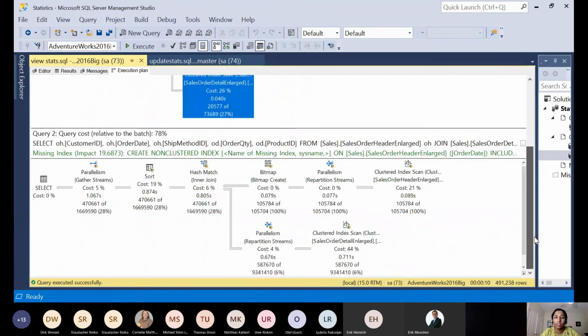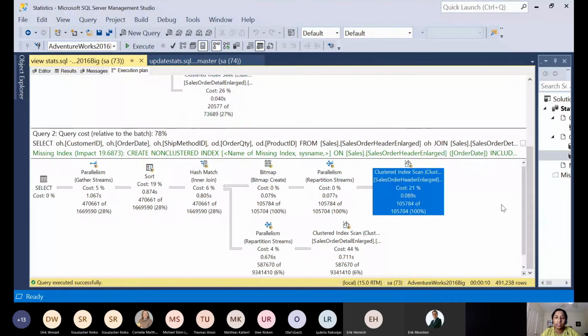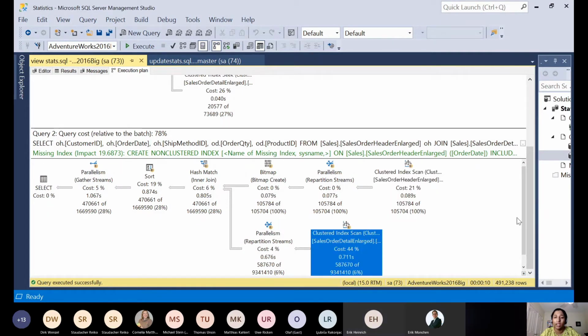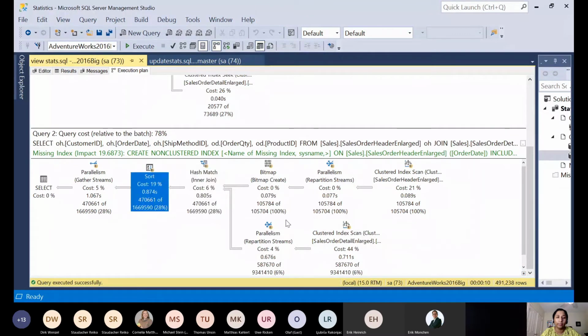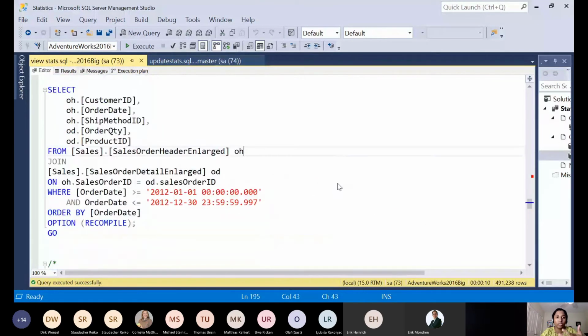But if you check this execution plan, it just did the clustered index scan here, and the estimates are large because it's a 12-month date range, right? 105,000 rows, and the actual number of rows is 105,002. So the estimates are correct here. But if you see here, it did a clustered index scan because that's a large amount of data, right? And when you observe here, it went into the hash match, which is expected because there's lots of data, and it also did a sort here. So that's how the execution plans depend on the large amount of data.